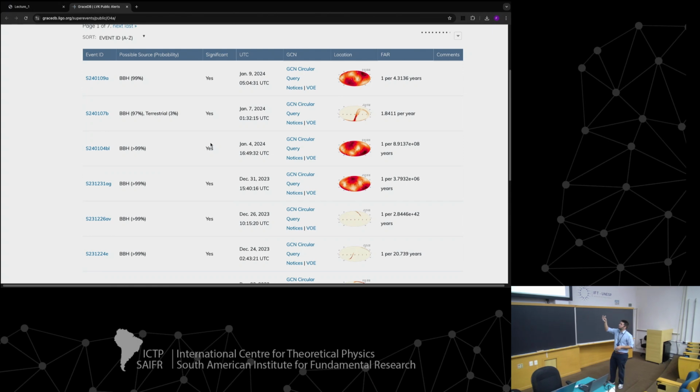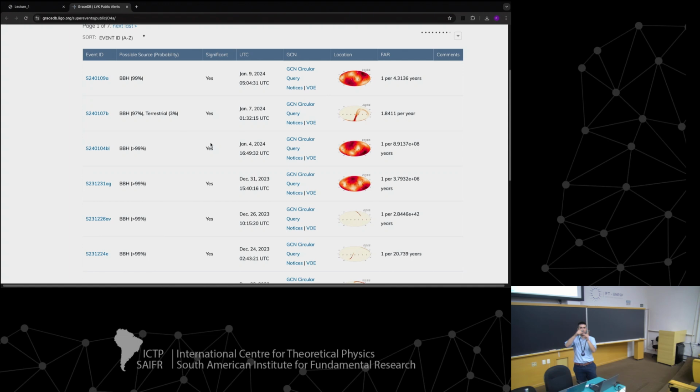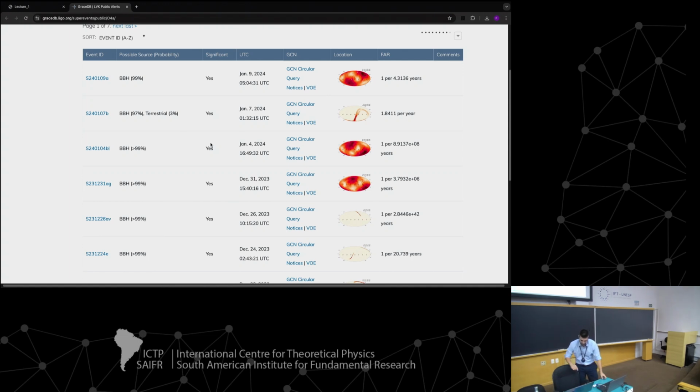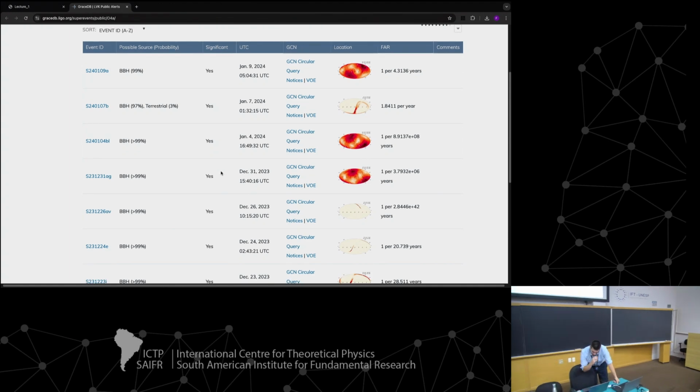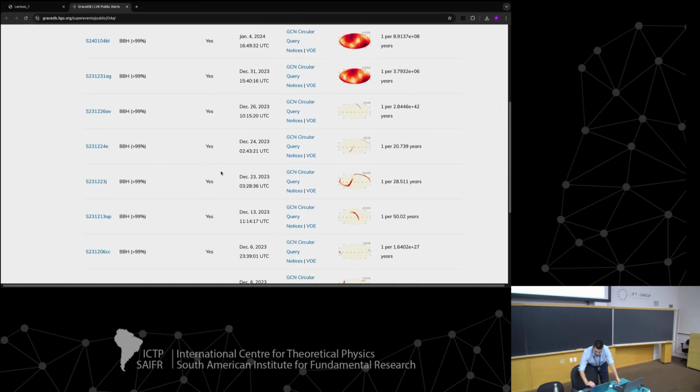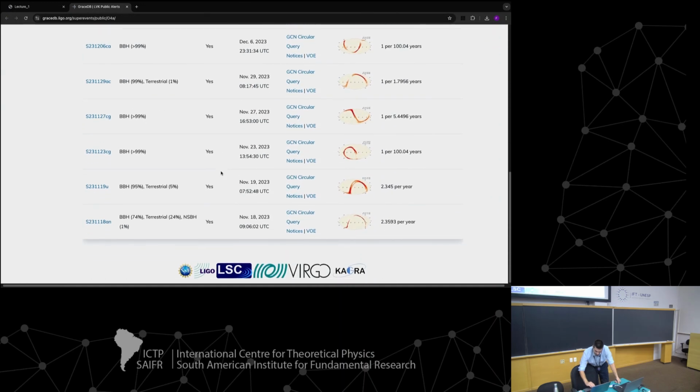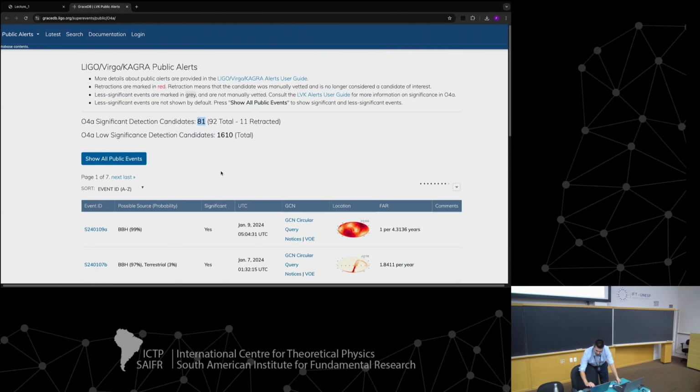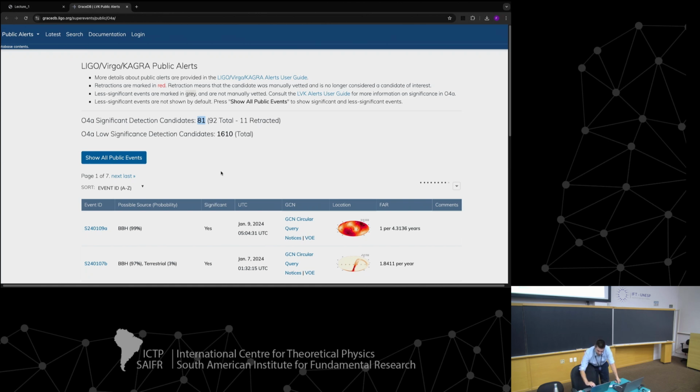Other information: the GCN circular is a formal circular that informs a broad scientific community about the single detection, and the location where the actual detection is placed over the globe. And you can scroll down and see the detections that we collected so far during the observing run still ongoing.